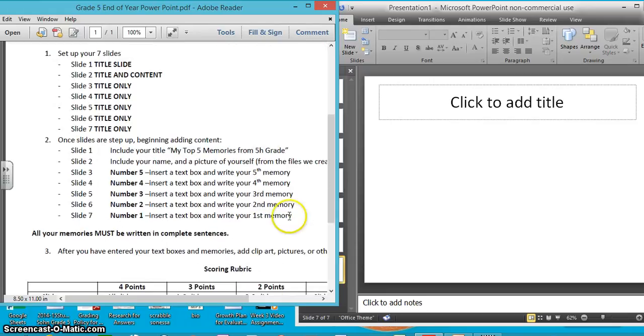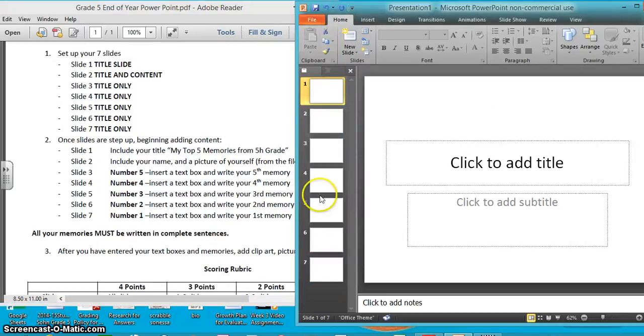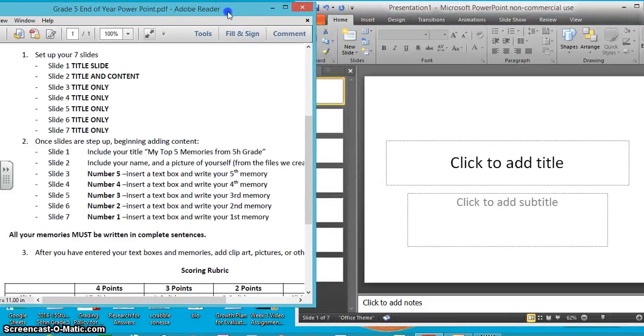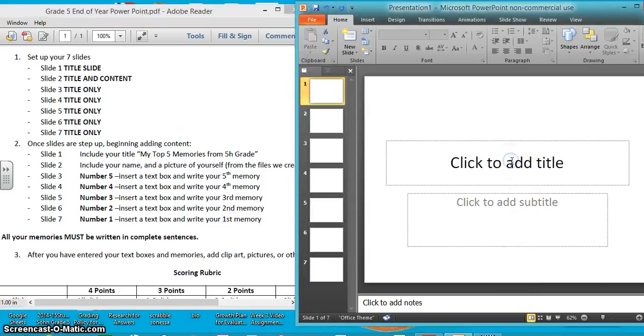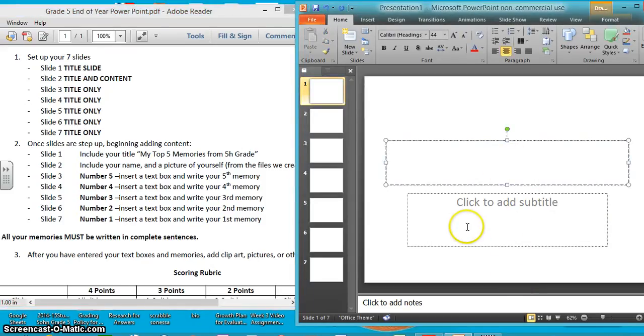This is where I add content. So I'm going to need to go back to my first slide. I may need to rearrange my slides a little bit so I could see and work with them. I'm going to click to add title on my first slide. According to my instructions, slide number 1 says the title will be my